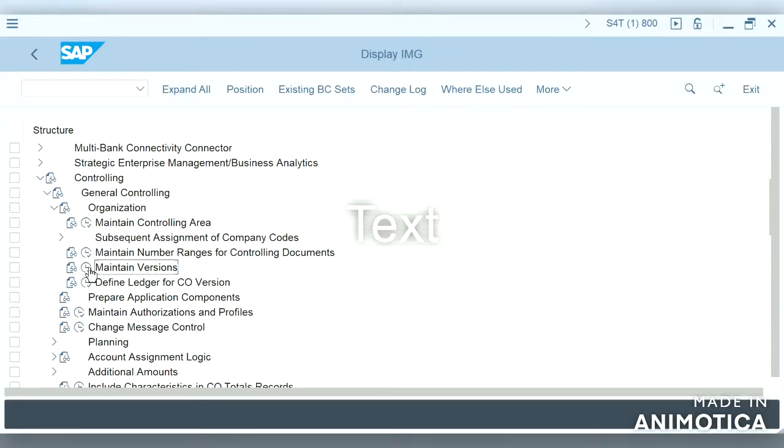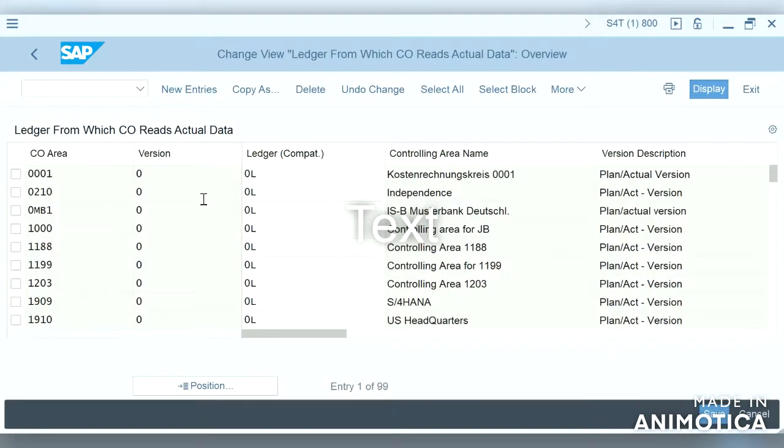So in the meantime I have created a ledger for our controlling area and company code.